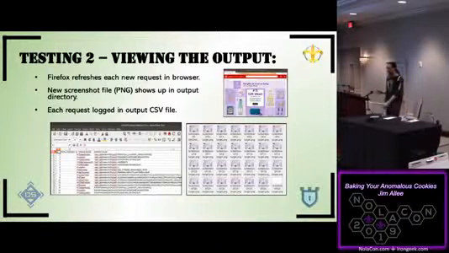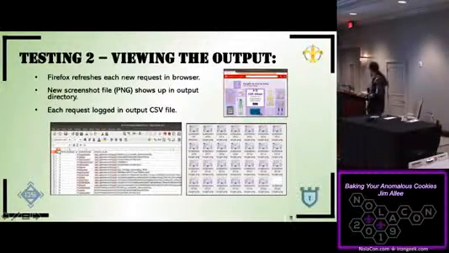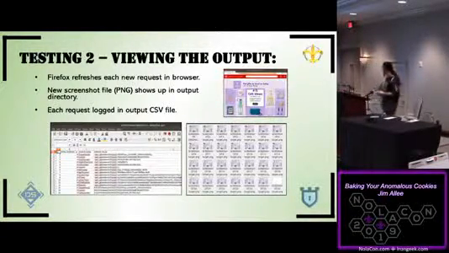So viewing the output, again, Firefox will refresh the request in the browser. These will show up in the directory. You can see over here there's one that's white. This is what I was talking about. Screenshots versus a fuzzer log file. That's much better than noticing that 5 requests are 2 bytes off from the other one. On the left there you have the spreadsheet. You can sort that by cookie name, payload, or total number of cookies you got on the request.